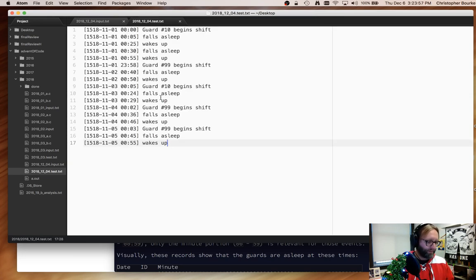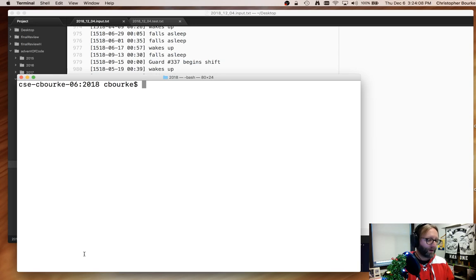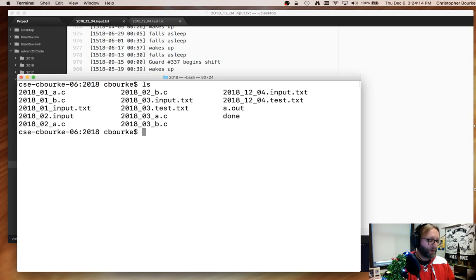So already I see that we're probably going to want to be in temporal order here, that is, sorted by the date time, and unfortunately this one is not. So before I even begin my program, I'm going to get that into sorted order. I'm at the command line here. There's a nice little utility called sort. Sort 2018